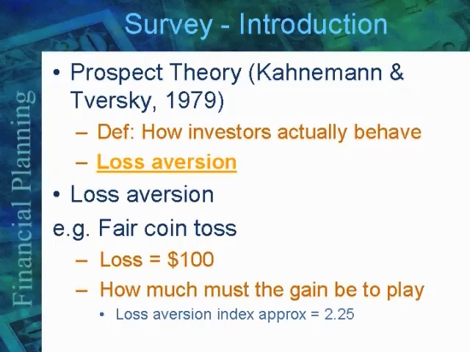Suppose this is a game that you're playing, and if you call it wrong, if you lose, then your loss is going to be $100. Now, if you were to play this game, how much must you win to be able to play this game, right? So that's the question. For a loss of $100, how averse are you to a loss of $100 such that you will gamble, which is a coin toss game with equal outcomes, right? The expected return is zero.